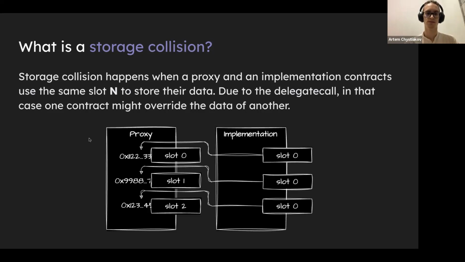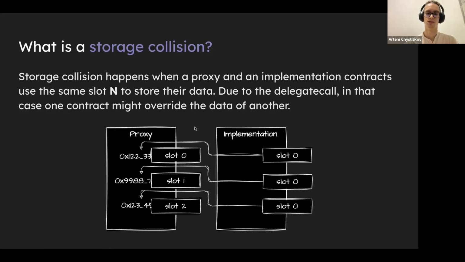Storage collision is when, for example, the proxy contract has something stored in slot 0, and the implementation contract also accesses or writes to the same slot 0. But because we are using a delegate call, so the proxy delegate calls the implementation contract, that means that the storage value is going to be used from the proxy